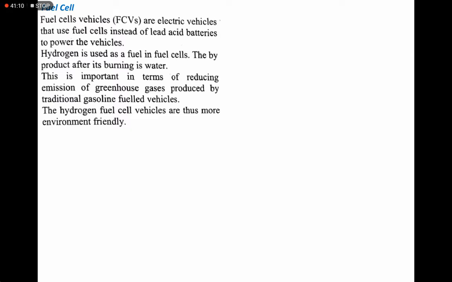The chapter ends here. We studied the different types of cells. The question will be on primary cell, secondary cell, and fuel cell, even distinguishing between fuel cell and secondary cell, or primary cell and secondary cell. This type of question will be there on this part. Okay, so we'll stop here, and the theory part of this chapter is completed. Now in the next lecture we'll learn some examples on this chapter. Thank you.